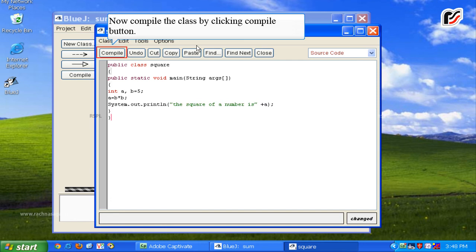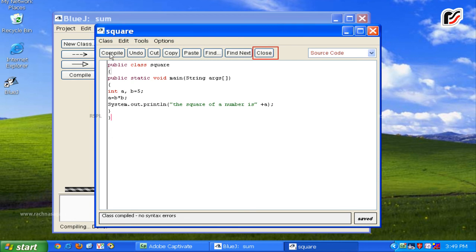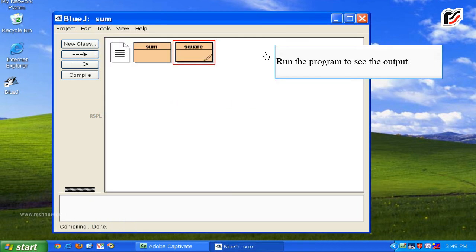Now compile the class by clicking Compile button. Run the program to see the output.